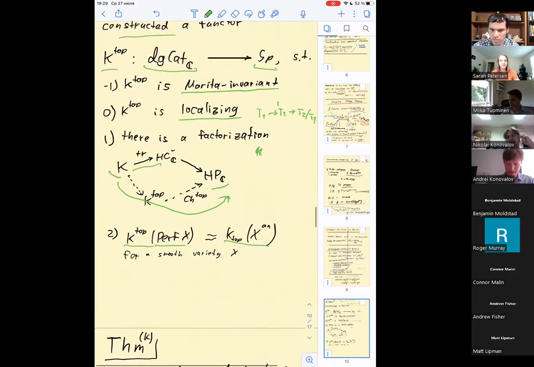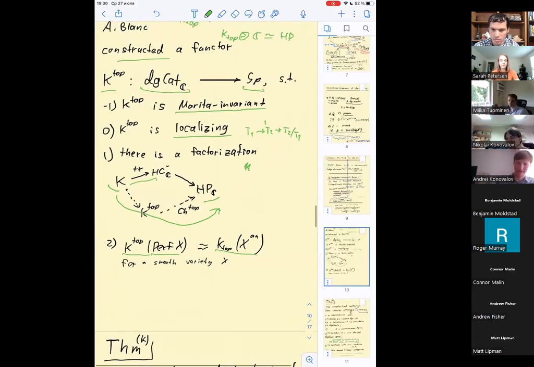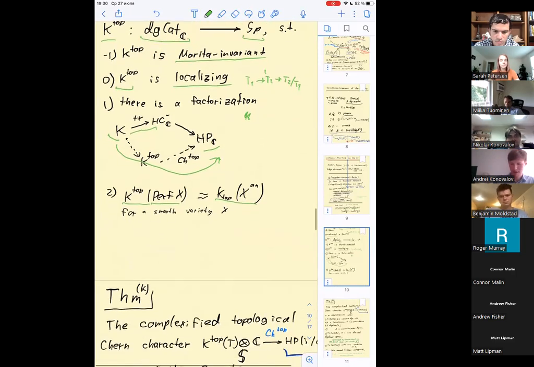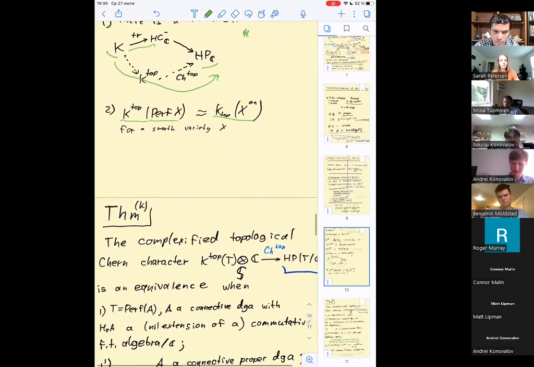And let me state my result, and then I'll spend the last 20 minutes trying to define this invariant and say a bit about the proof of the following result. So one of the main results I'd like to talk about today is that in fact this map,